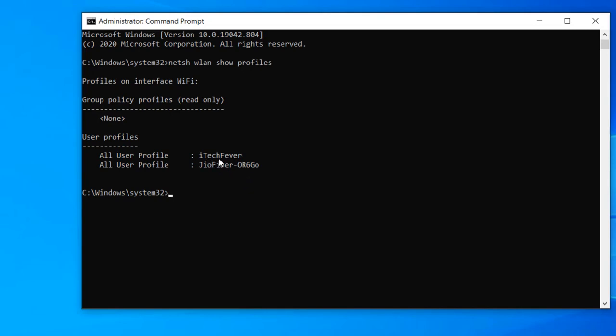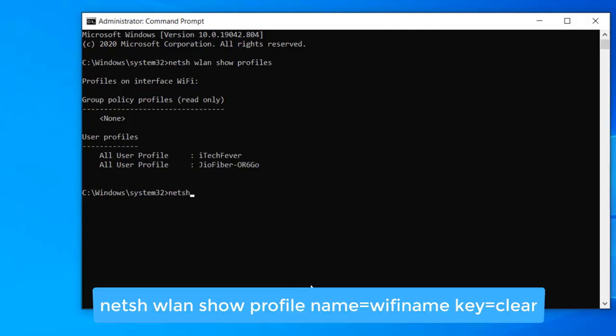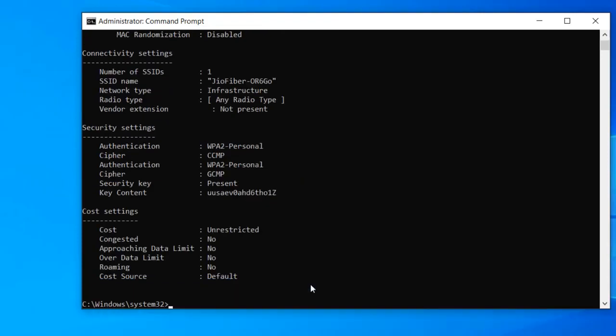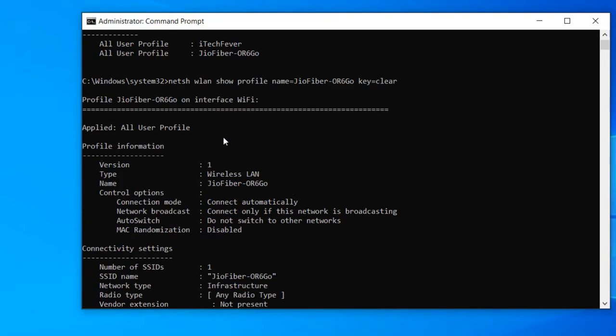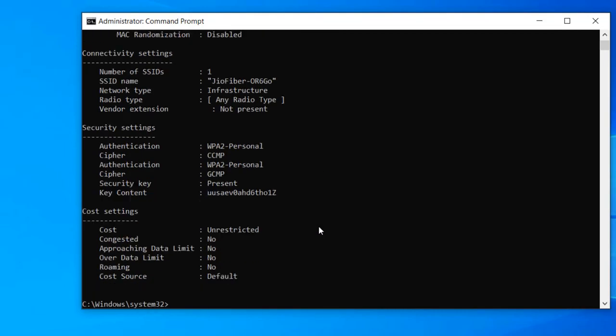For this example, I am going to use this network. So I will uncover the password of this network by typing netsh wlan show profile name equal to the Wi-Fi SSID, that is the Wi-Fi name, then space key equal to clear and hit enter on your keyboard, and it will show you the Wi-Fi settings, different Wi-Fi information, profile information about the Wi-Fi network, and the security settings.